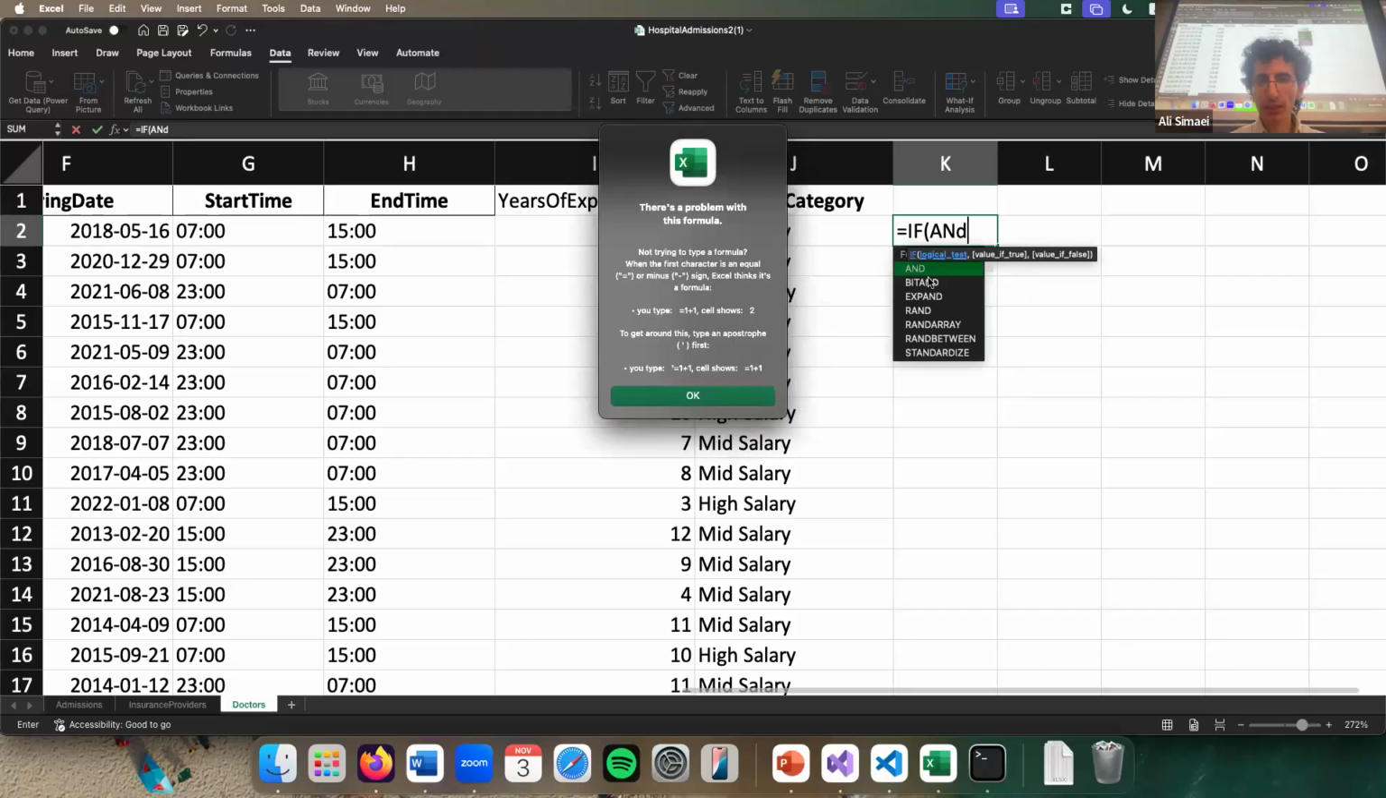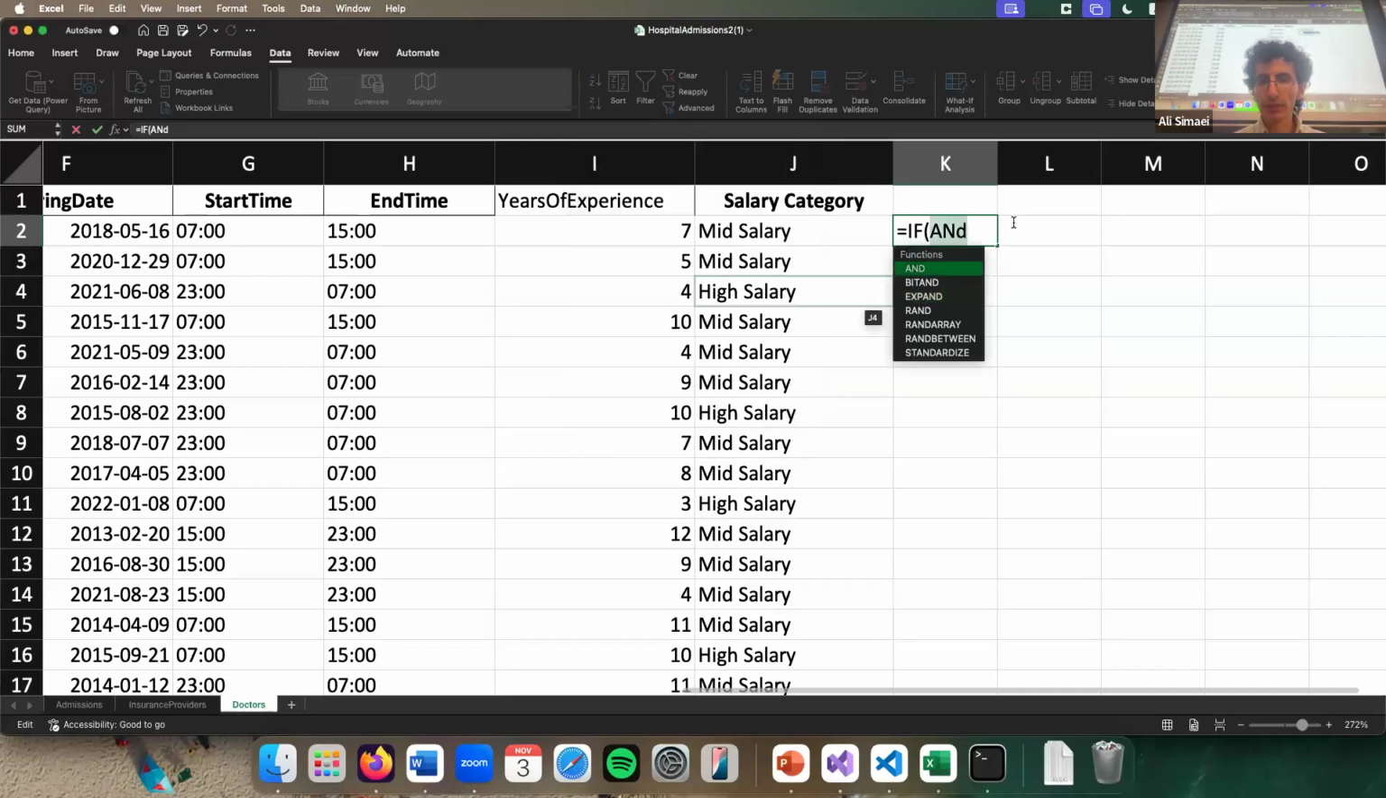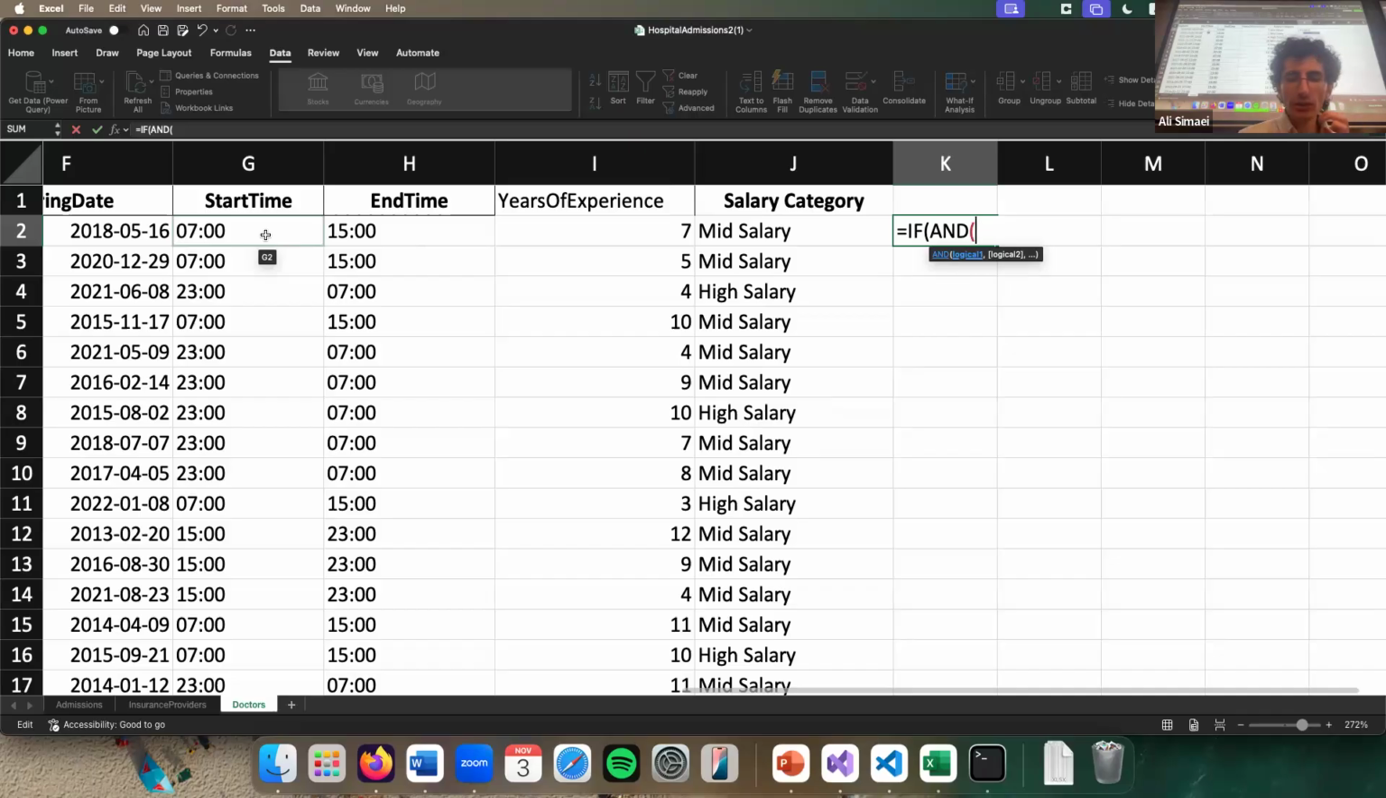This time first we'll use the AND. Okay, now AND, and parentheses. So I want to say this value is greater than 7. It's not an exact number, so in order to extract the number, use the HOUR function. Okay, this is a function. Then click on G2. It will give you the number from that column. Okay. So I want to say if HOUR of G2 is greater than 7,